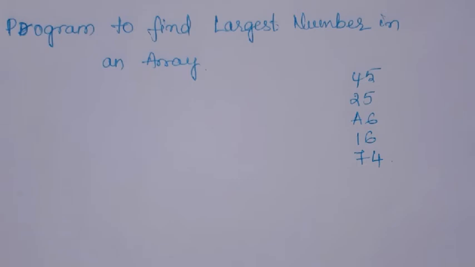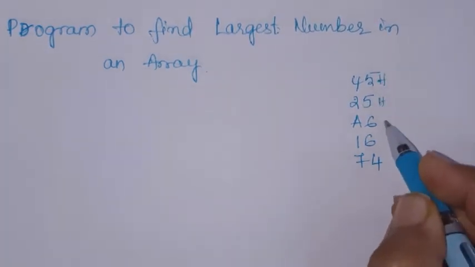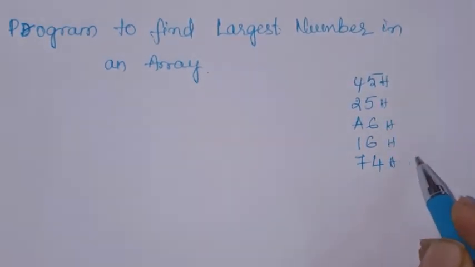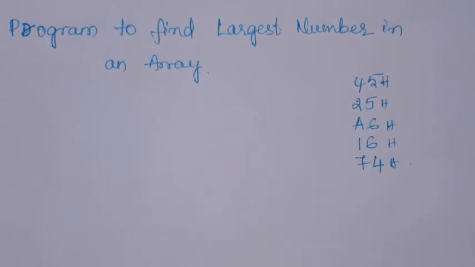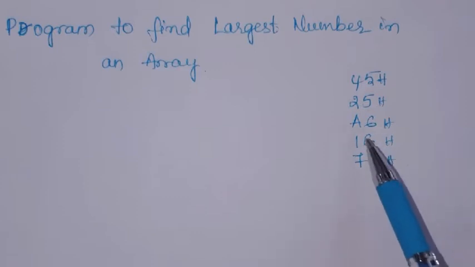Hello students. So let's write a program to find the largest number in an array. Okay, so let us suppose these are the elements of the array. So these are the 5 bytes which are there in memory. We need to access these 5 bytes, compare, and find the largest number among them. Like if I say tell me the largest number, we'll do the comparison mentally and we'll say that A6 is